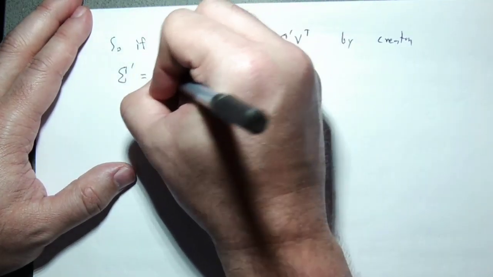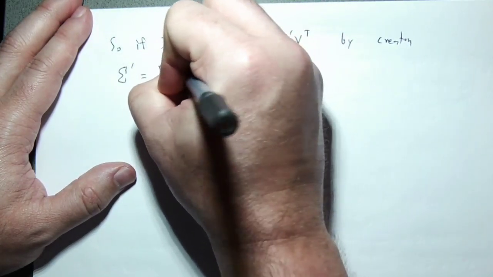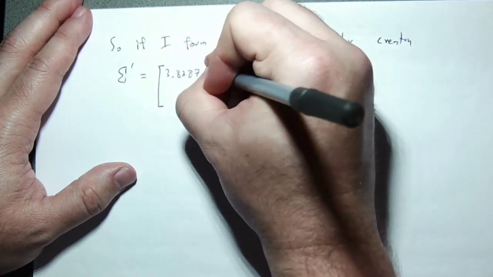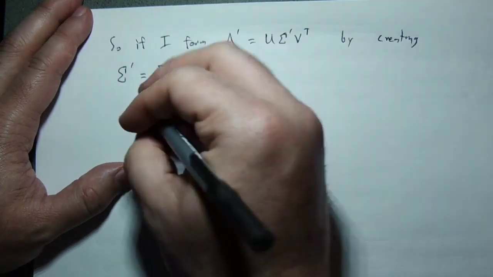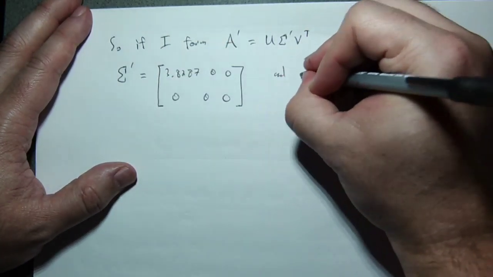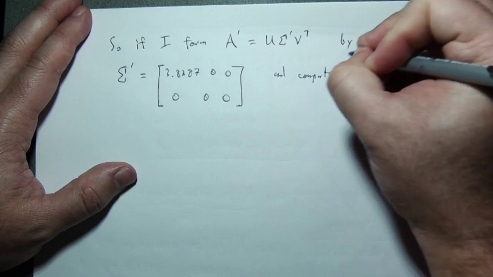So this is 3.8287 and then zeros elsewhere. So by creating sigma prime being this and computing the above product,